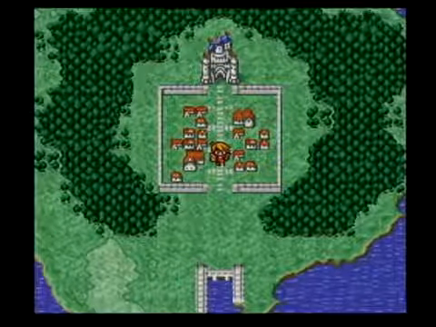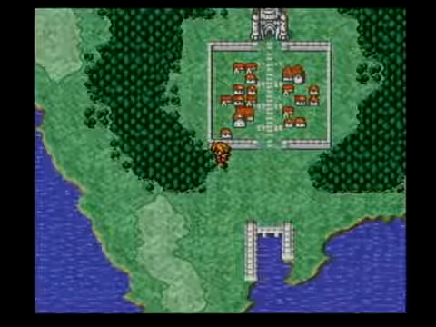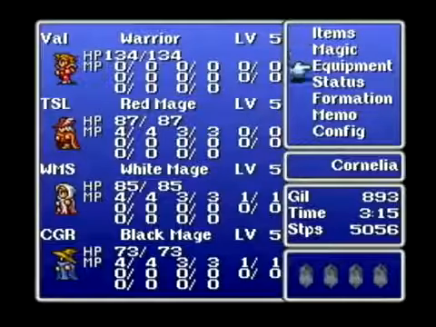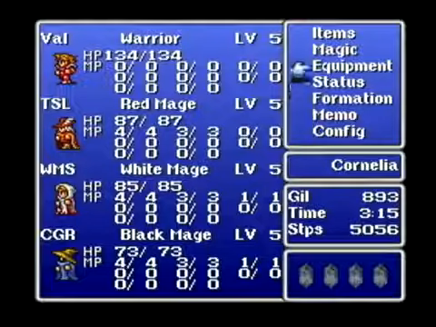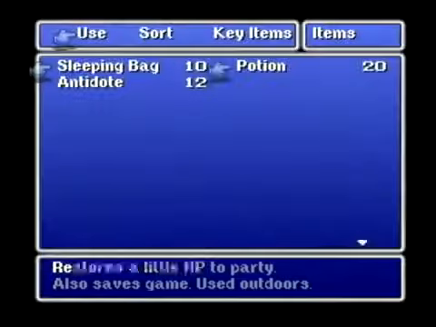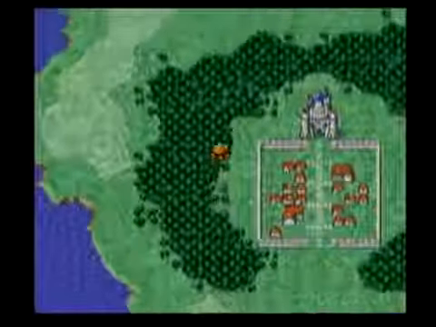I don't know if I mentioned this in the first episode, but we're playing the PlayStation 1 version, in case you hadn't figured that out. You have a variety of options when playing this game here. I got all my characters to level 5, as you can see. And I bought 10 sleeping bags, 20 potions, and some antidotes. We're going to go fight Garland, but